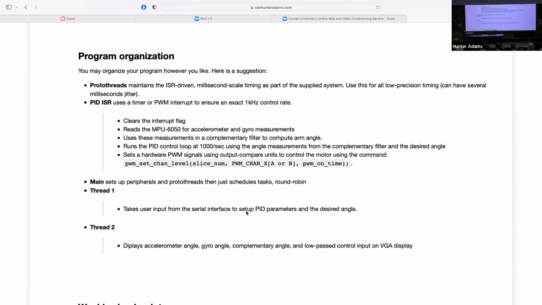As with all of these labs, this is a recommendation, but this is a design class. So as long as you come up with a program that accomplishes the objectives as laid out, great, you can do whatever you want. But this is a gentle pointing in the right direction.